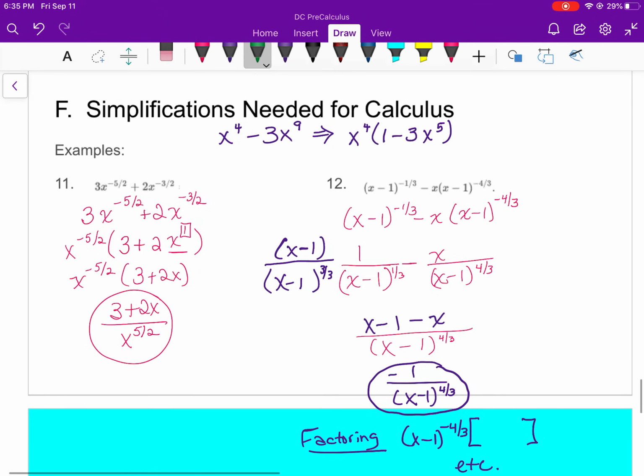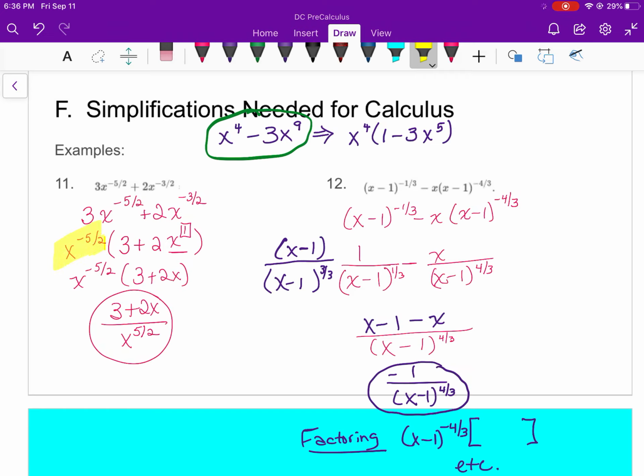And here we are with the last bit, simplifications needed for calculus. So before we start on number 11, I had the class factor this expression up here, and they decided to factor out x to the 4th. They factored out the smaller power. So when you see something like 11, you can factor out the smaller power, which in this case is x